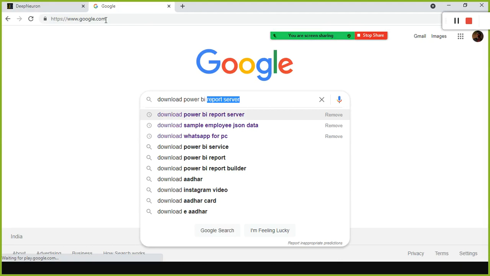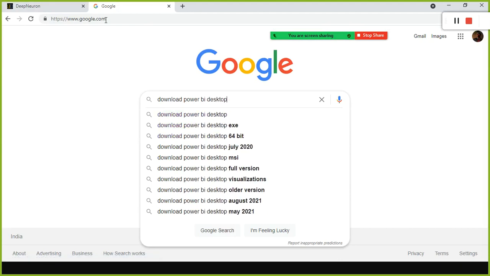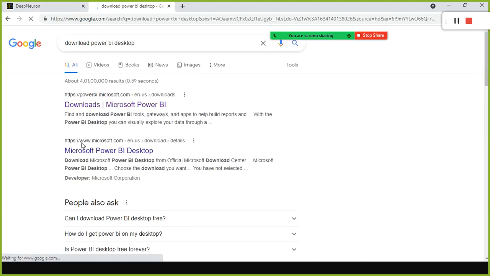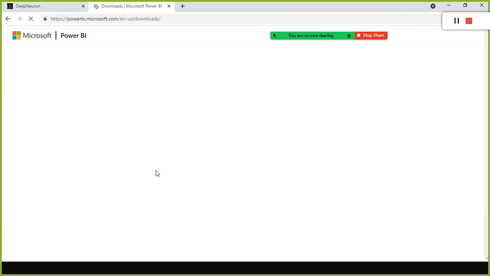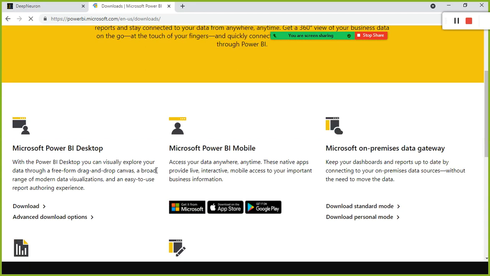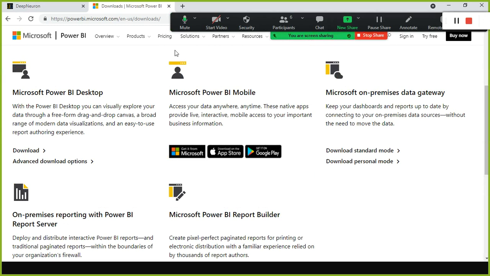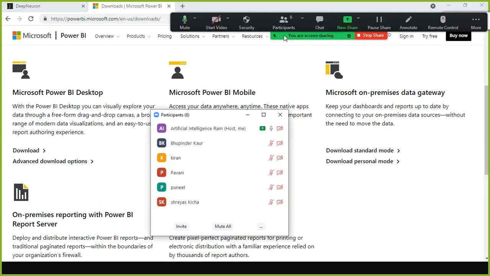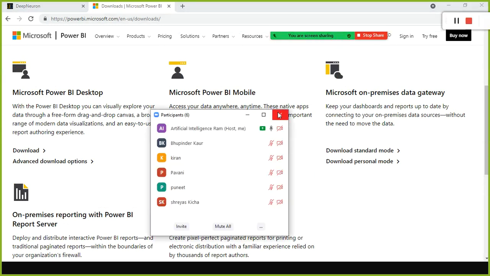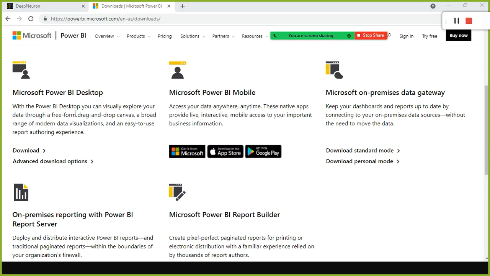First start with Power BI Desktop and download. You can go to powerbi.microsoft.com, and this is already installed. Oh, very good. Those of you who installed it, fine, no worry. And those of you who are yet to install it, please go ahead and install it now.